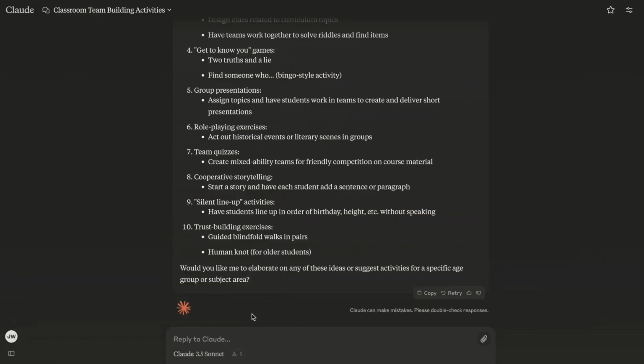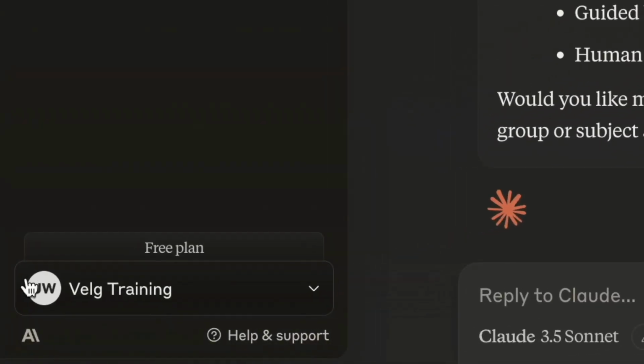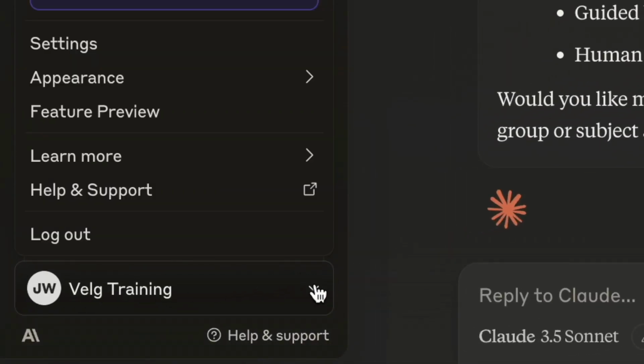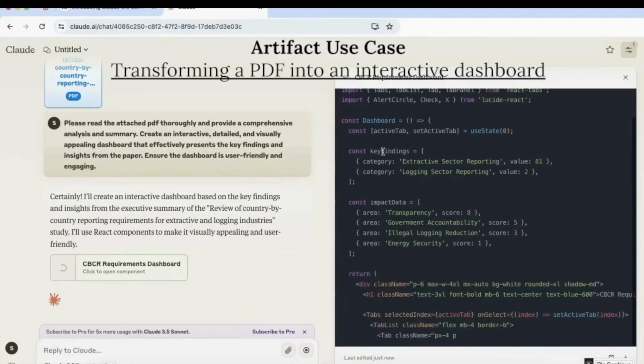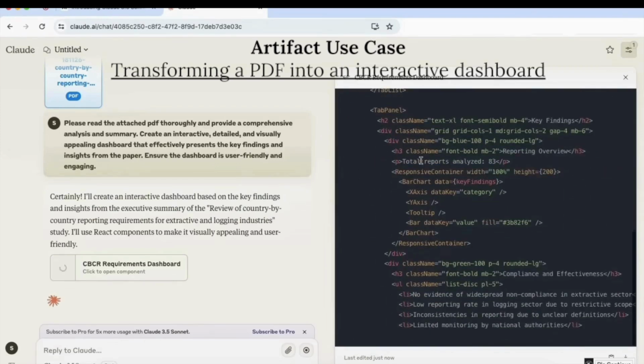A unique feature of Claude is artifact mode. To enable it, locate your profile in the bottom left corner, click the drop-down menu, select Feature Preview, and turn on Artifacts. This mode is useful for all types of queries, but is particularly powerful for creating code from simple